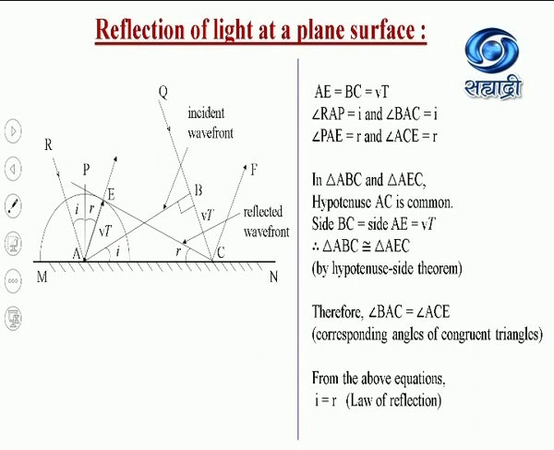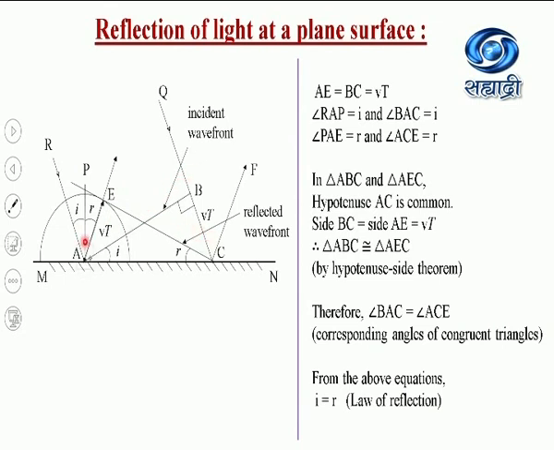And also from the diagram, we can see that the incident ray, the reflected ray and the normal at the point of incidence lie in the same plane, which is the other law of reflection. So using the wave nature of light and Huygens principle, we can prove the laws of reflection. Also, we can see from the diagram that AB is the length of the incident wavefront and CE is the length of the reflected wavefront. As these are corresponding sides of congruent triangles, they are equal.